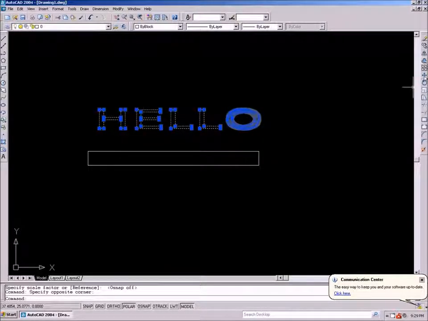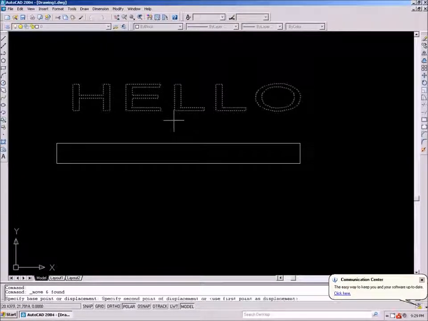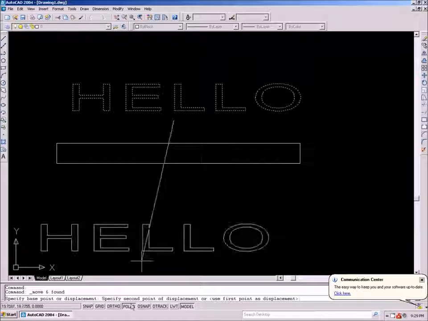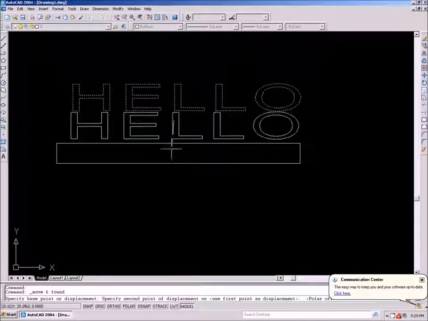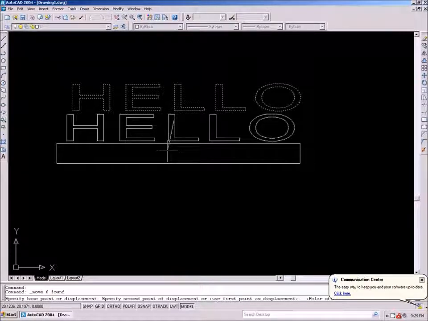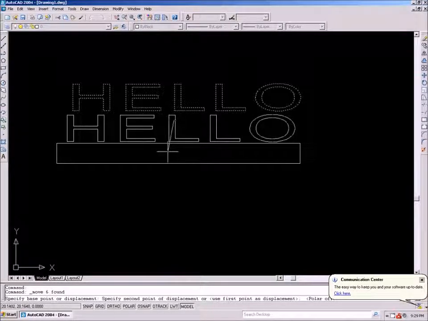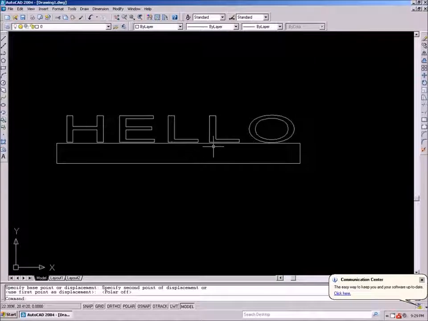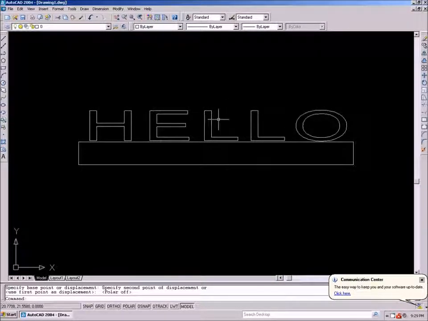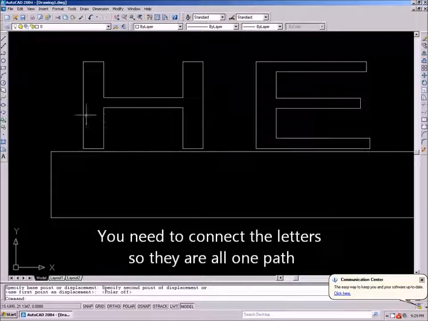And there. Now what I'm going to do is move these, take my polar off. I'm going to move them so that they're almost touching and pretty well centered in my border. That looks good. Okay, now the hardest part of doing letters, the secret to it is, we need to attach